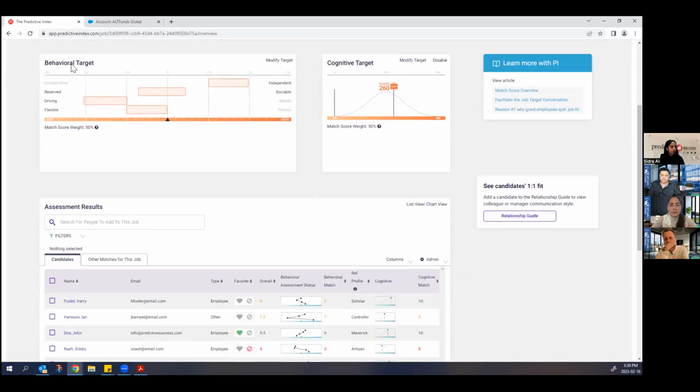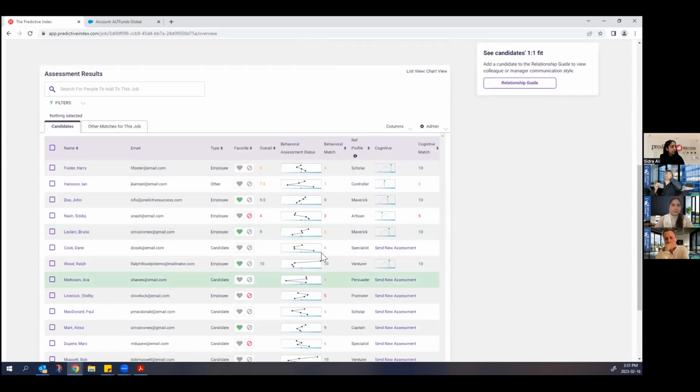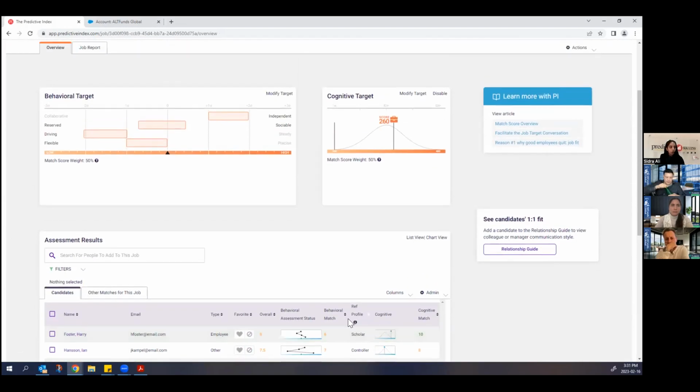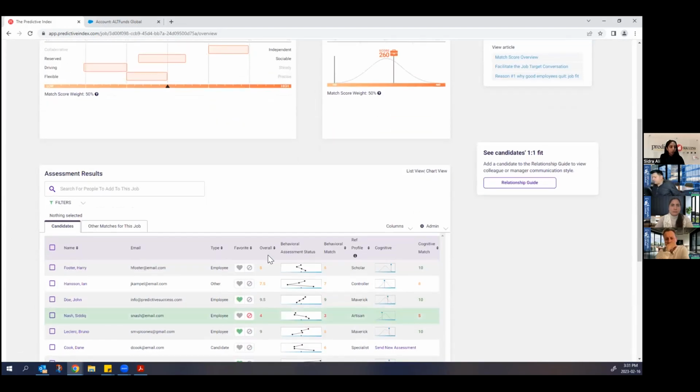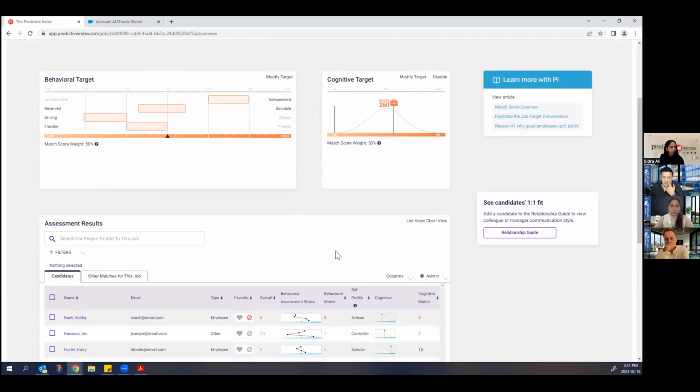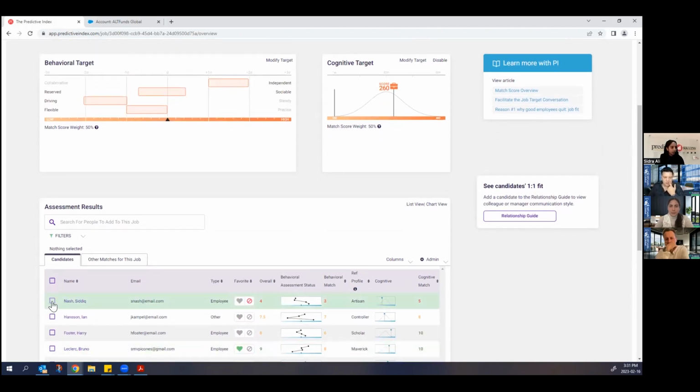Okay, so let's just go with this role. The behavioral target is set, meaning that my stakeholders have assigned what each factor needs to be. The cognitive is set. If I scroll down now, you can see that there are a list of candidates that are pooled to this job. What I'm able to do now is look at their overall score and compare and contrast it to the benchmarks we've provided. If I look at Nash, for example,